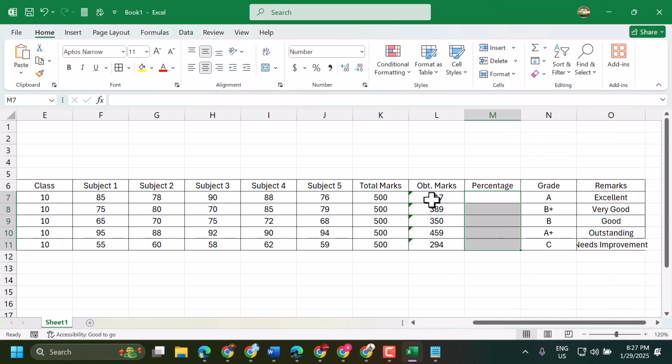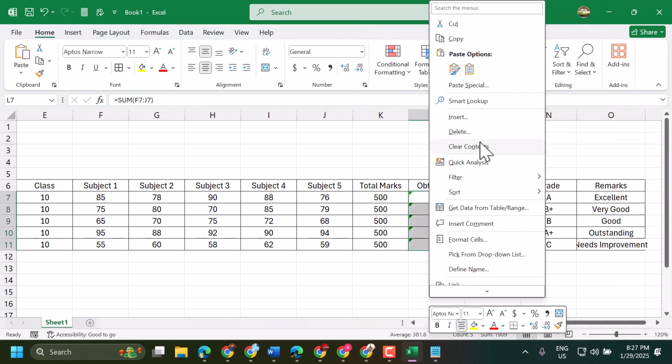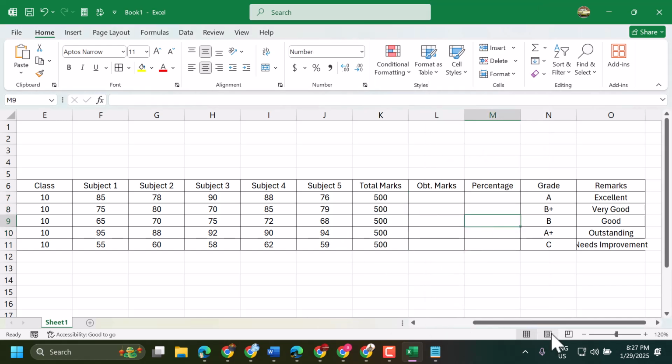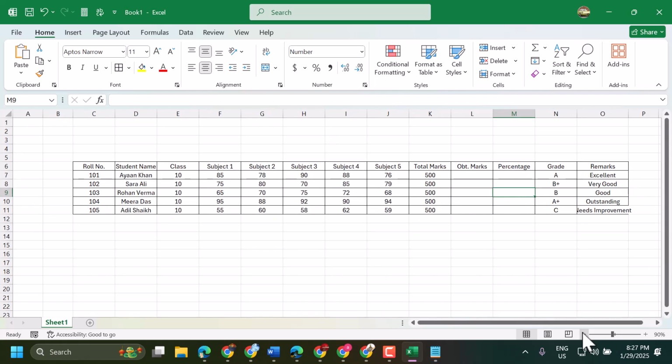In this video, I will show you how to calculate percentage in Microsoft Excel. So we have this simple data, and to calculate percentage,